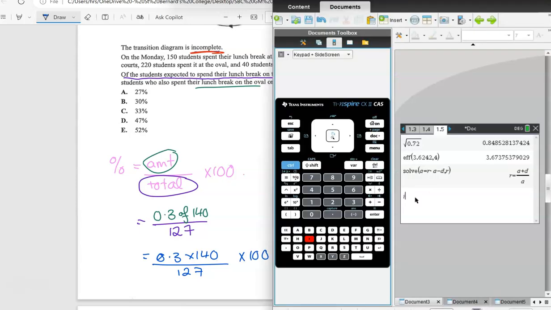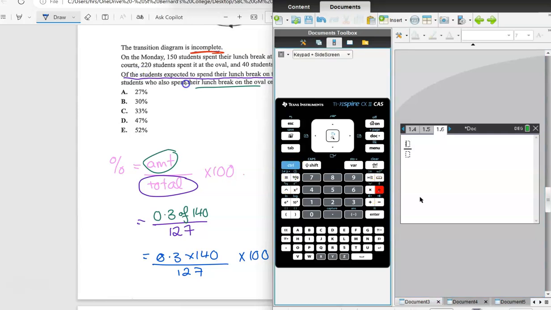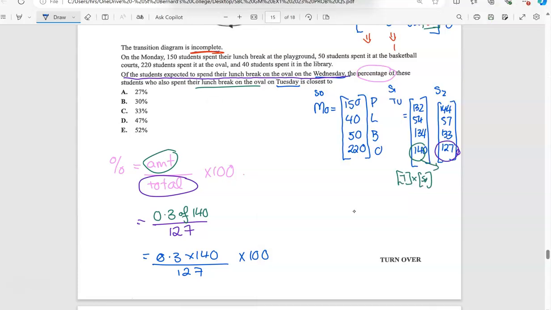If we did that on our calc page, 0.3 times 140 over 127 and times 100, we get 33.0, so we get 33%, so C. Okay? That was the last one. All right, so that one,